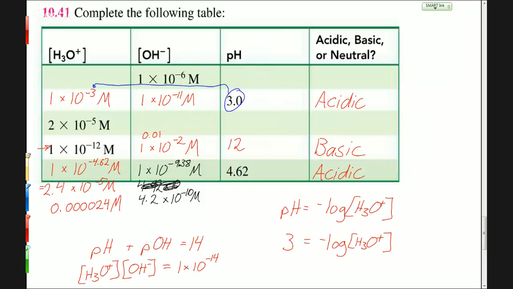We can do it just with this part. So we can go 10 to the minus, and that's okay, that's the same. If you want to put that in scientific notation,